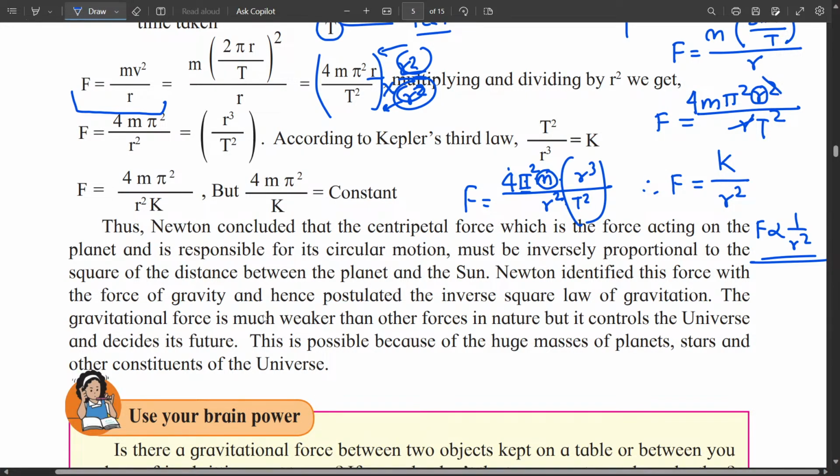Hence the gravitational force was defined, and it was possible to explain the motions of the planets, stars and other constituents of the universe from this law. This law is very weak, so we cannot experience the force of gravitation between two small objects on the surface of the earth. But when huge masses are considered, this law can explain